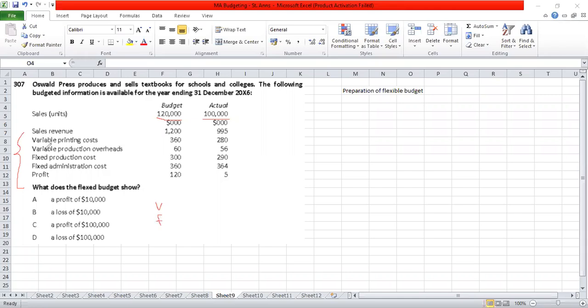So out of this list of costs, we have to first look into what are the variable amounts and what are the fixed amounts. So the first two are variable, because it is very specifically mentioned as variable. Variable cost varies proportionately. Fixed cost does not vary, so it remains fixed. Whether it is the 120,000 units level or the 100,000 units level, it would remain the same. So now when we are preparing the flexible budget,